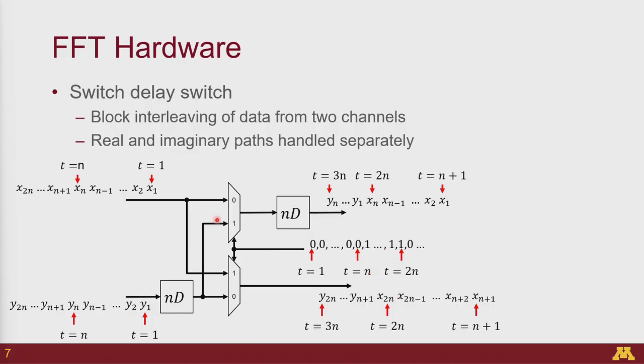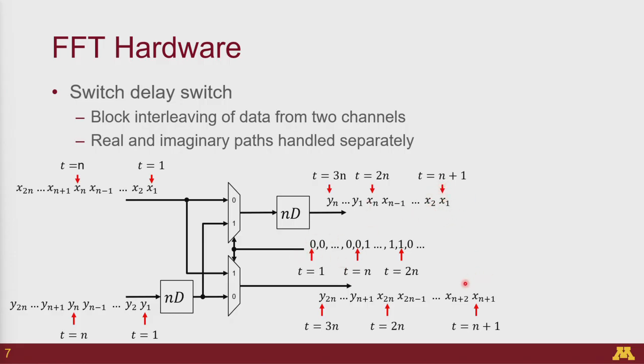The main thing you need to know for this kind of circuit is that when we get the value 0 from a control signal, a value of 0 means that we want to keep the order for the first path as it is, and we want to delay the second path. A value of 1 means we want to bring the values which are further behind on the first path to the front. So in this particular example, if we wanted to line up